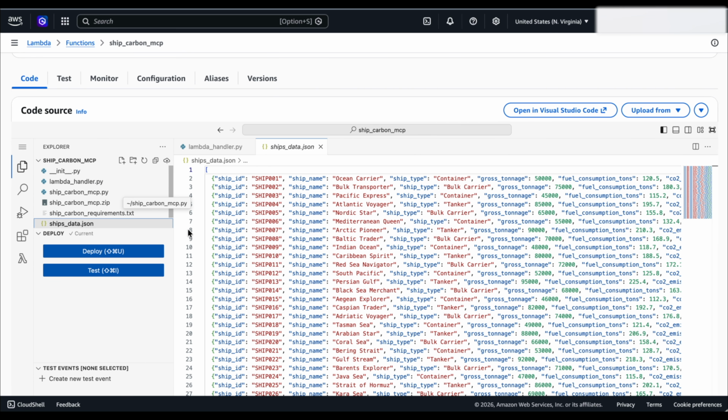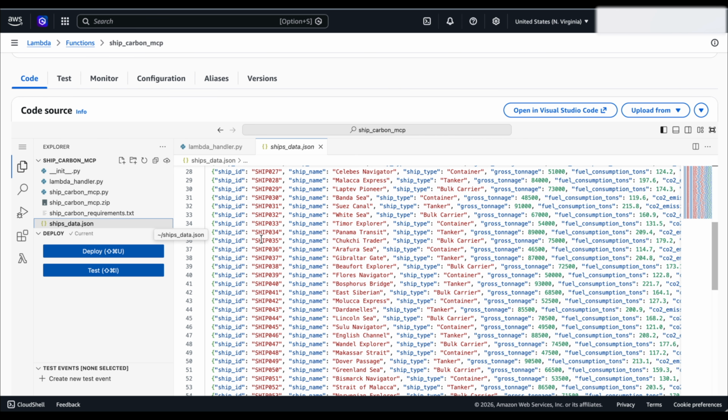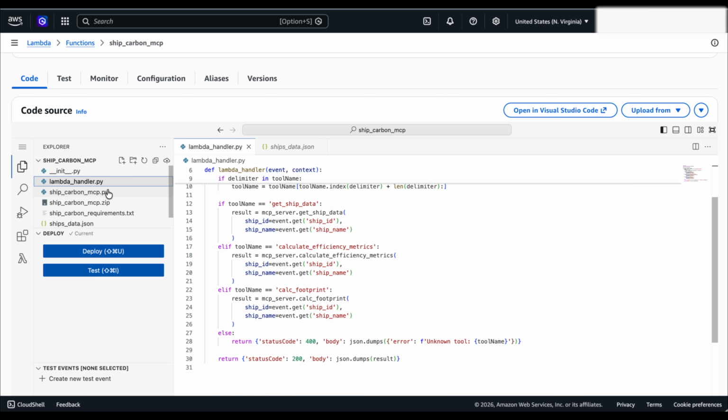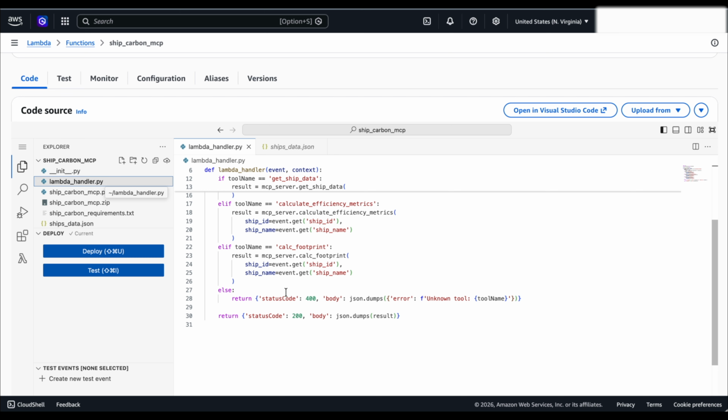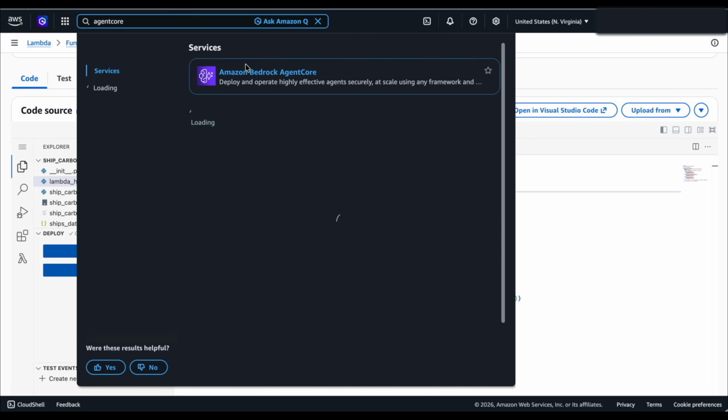This Lambda function already has example data that it uses to return results. If it is successfully executed, it returns a success code of 200, and then the results as a body. If there is an error or unknown function, it returns 400. And if we go back to AgentCore,